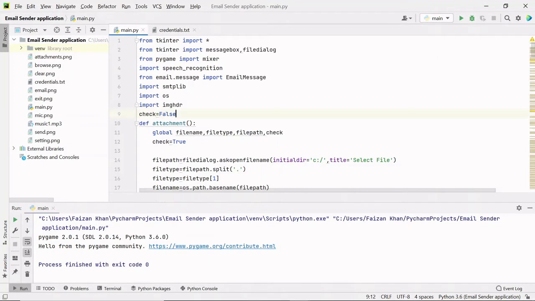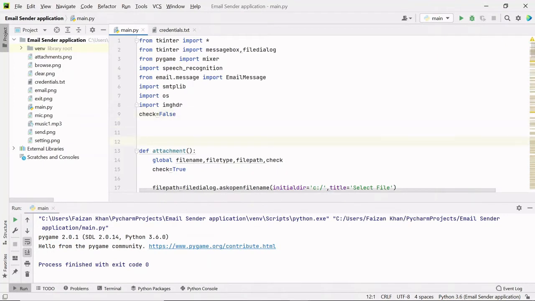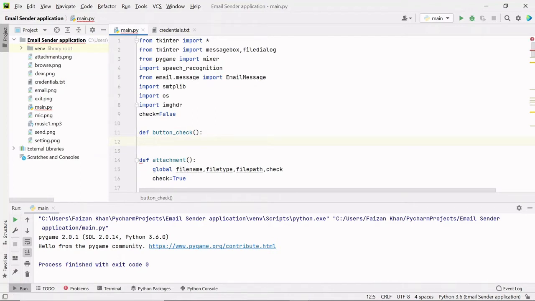So I'm going to create a function at the top here, and I'll name it button check. Inside this function we will check if the multiple radio button is selected, then we will enable the state of the browse button, and we will make the state of the to entry field read only, so that nobody will be able to type any email address there.